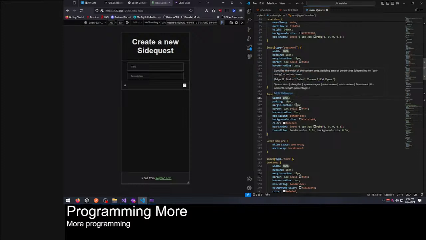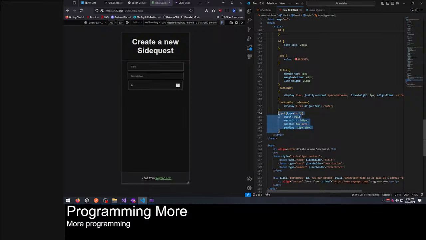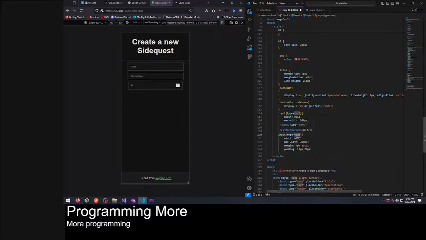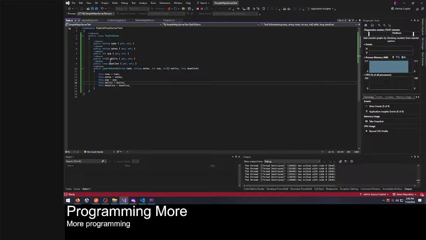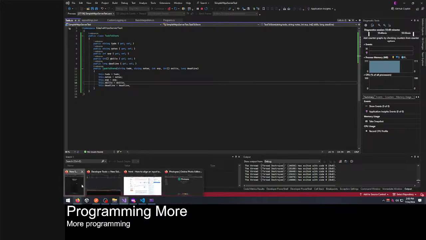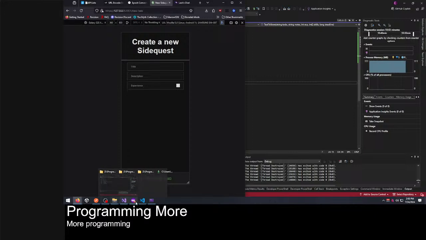And width is that. We probably want that to be like 90%. 80%. We'll just copy what we have here to also do it for type number. There we go. So that's how much experience it gives. And we have the skills that it gives you, or the skills it provides in. And for that one,